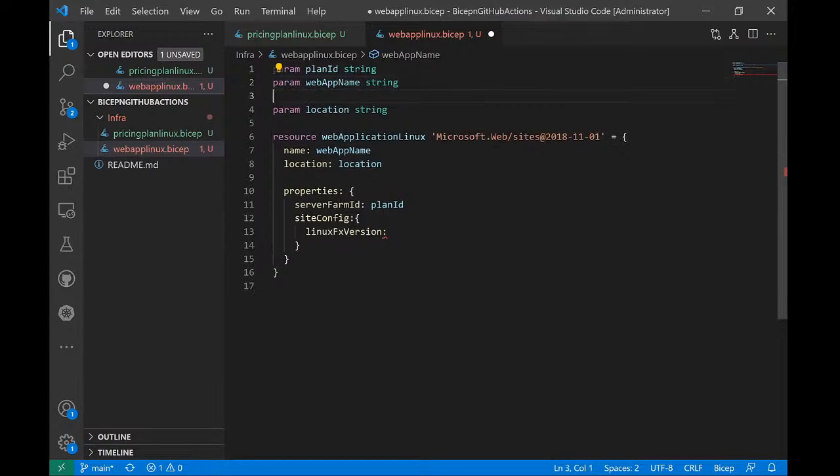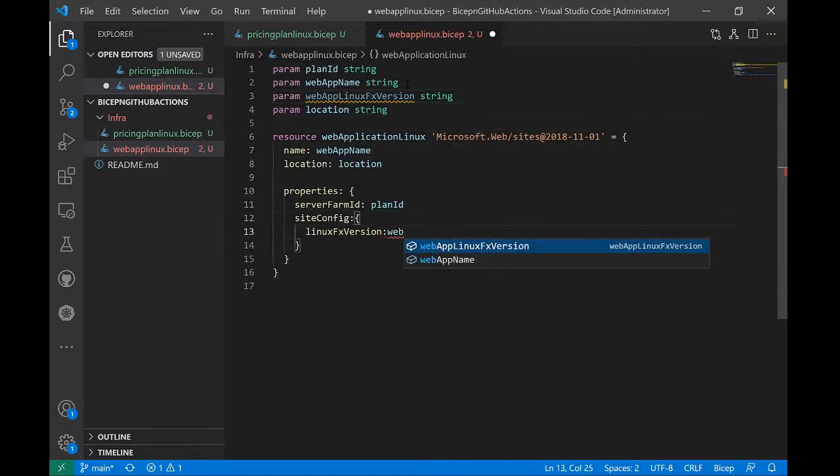I can say web app Linux FX version string. Okay, so this is web app Linux FX version, where you can provide Node or something else, or Docker even, to enable this as